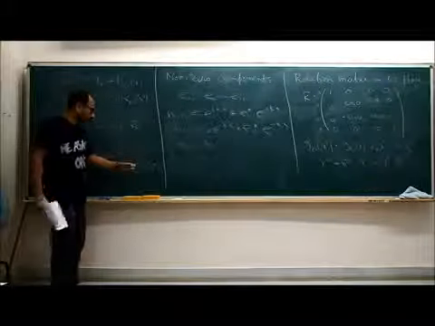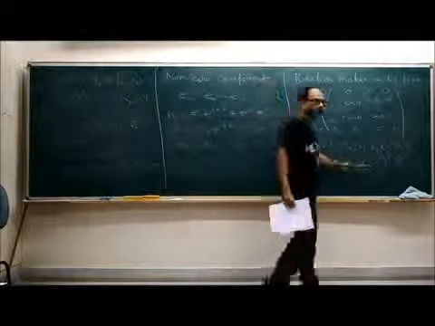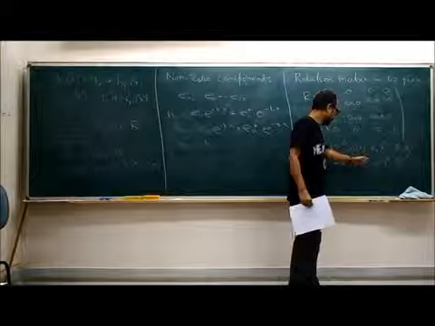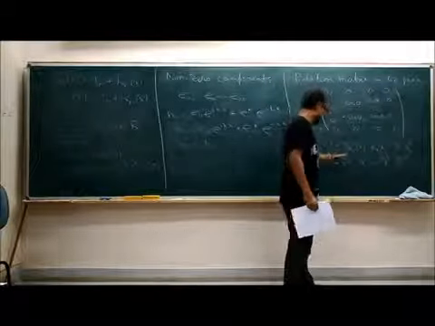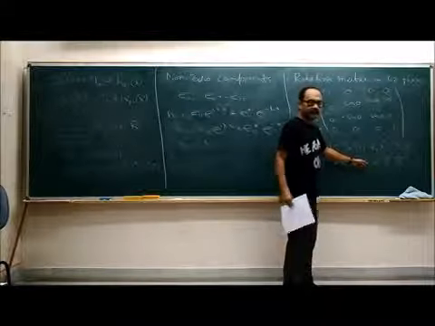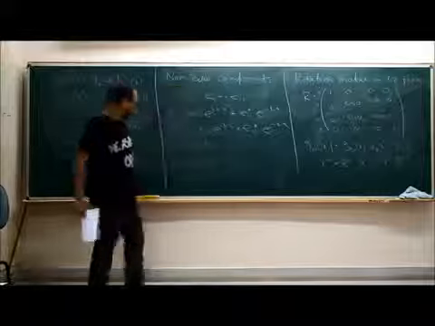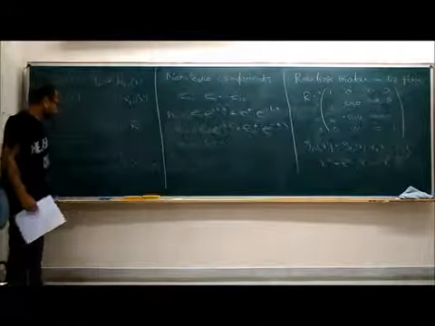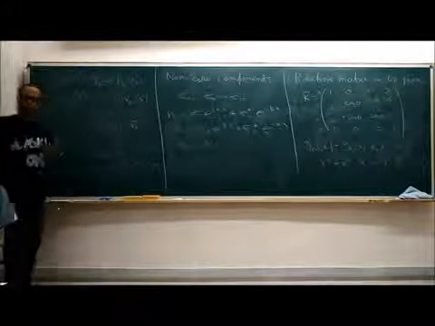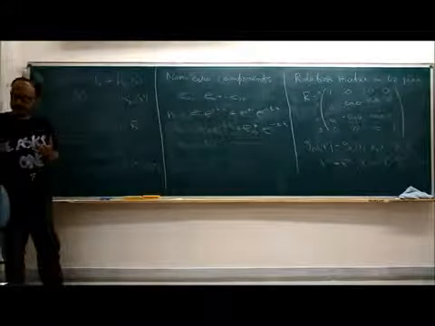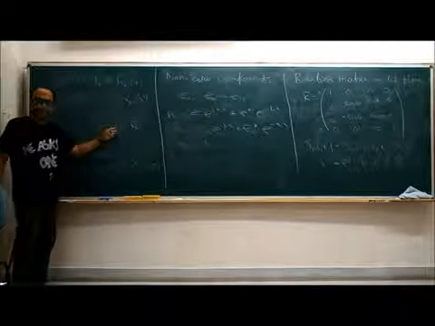Because if only the 0 and 3 components are non-zero, then we can easily see from this transformation law that x prime 0 is x0 and x prime 3 is x3. So k dot x and k dot x prime are the same. So the only effect of this transformation is on the e mu nu part. The fact that here you have x prime and here you have x makes no difference. Is that clear?